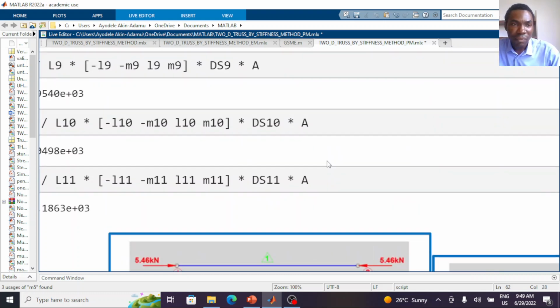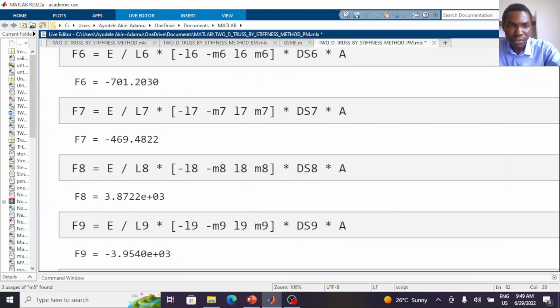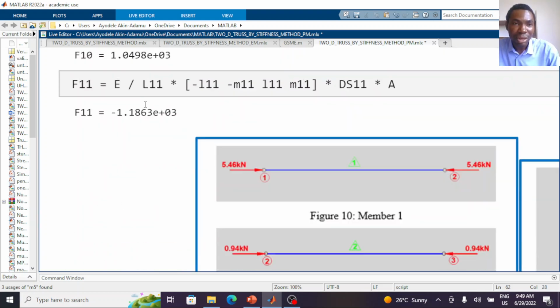Element 8, we should check element 8. Element 8, the force is 3.872 times 10 power 3 newton. That is the resultant force at element 8 in tension,